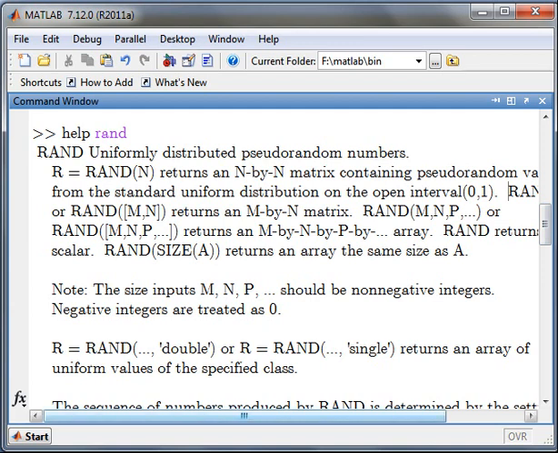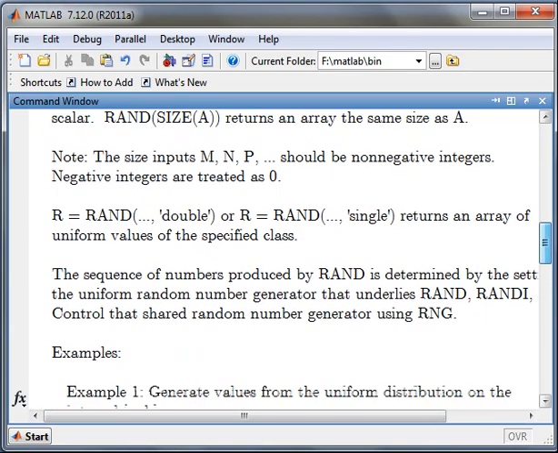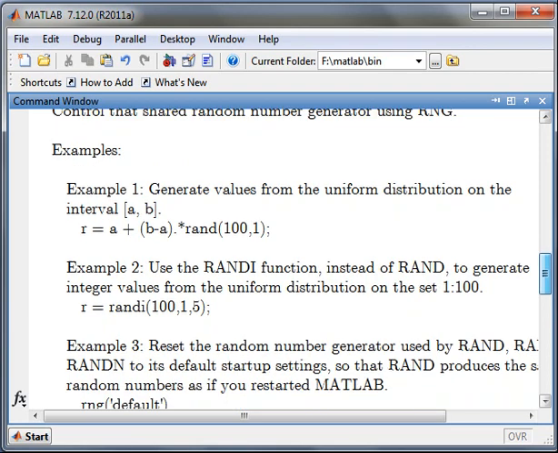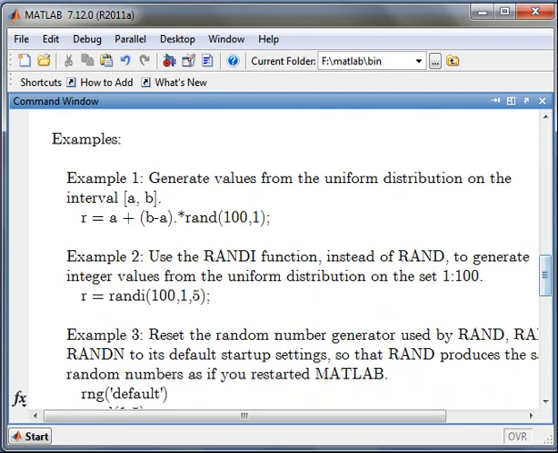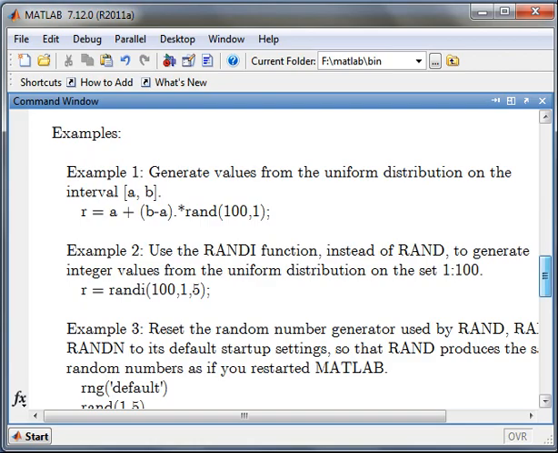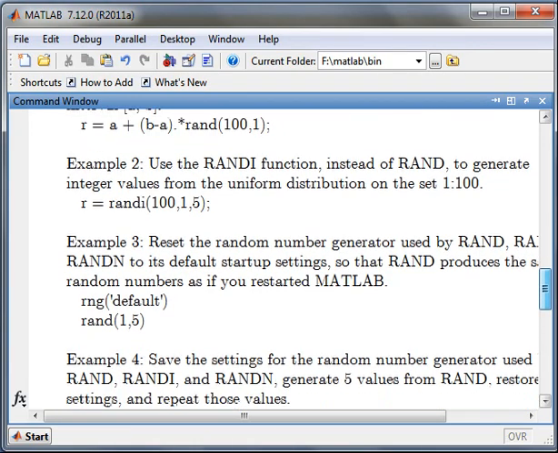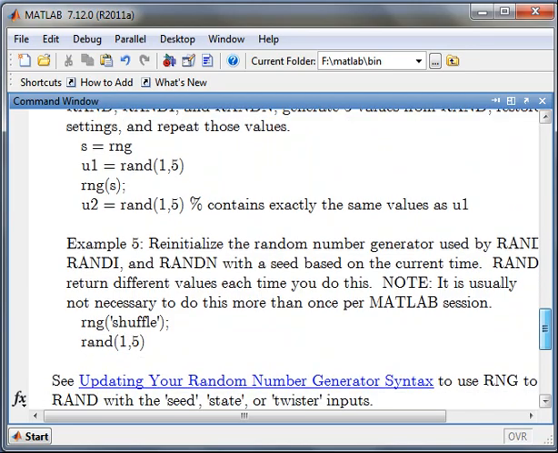I have just typed help rand and it has given me the information about the rand command, and also some examples on how to use it, such as generating values from the uniform distribution on the interval a to b. The command for this will be r = a + (b - a) * rand(100,1), and there are many more examples on the same that you can study in the MATLAB help.